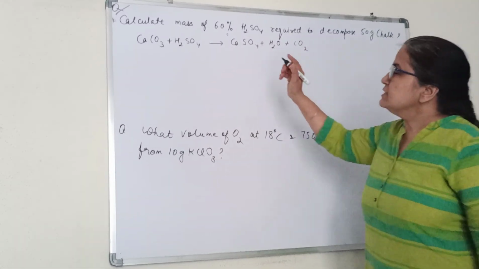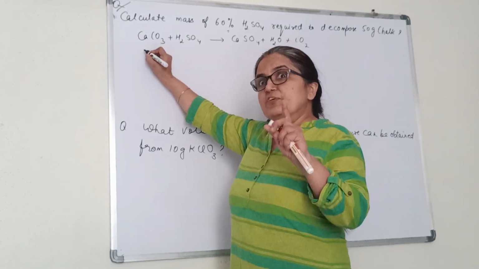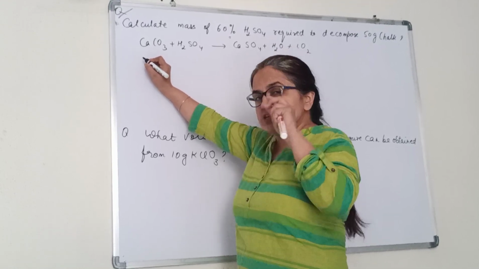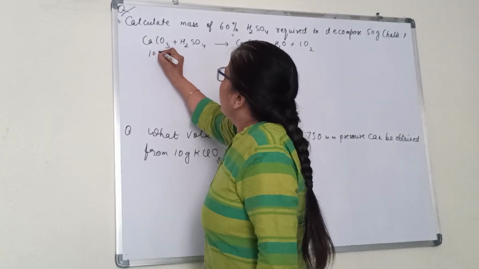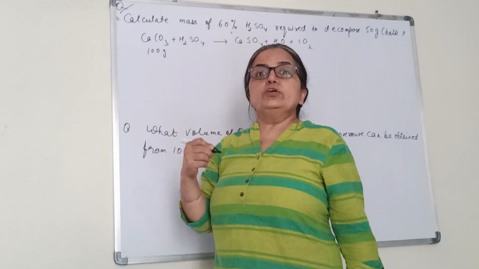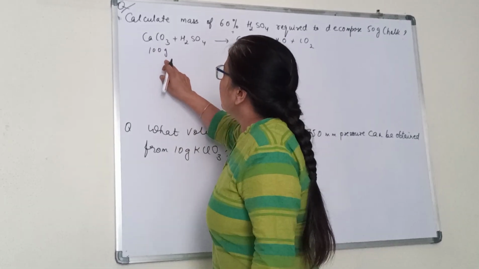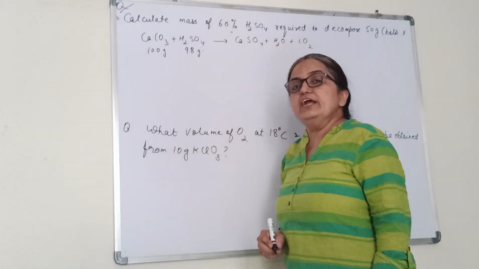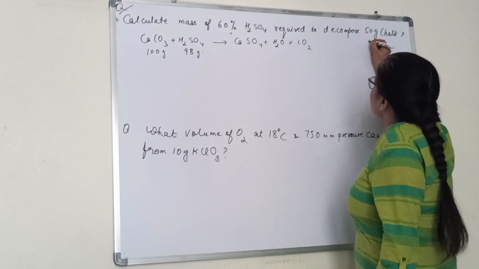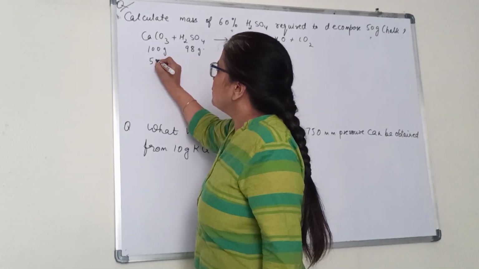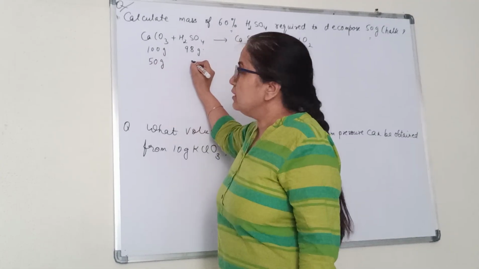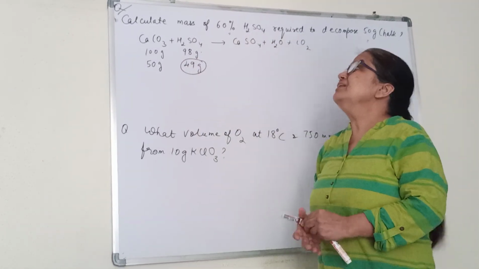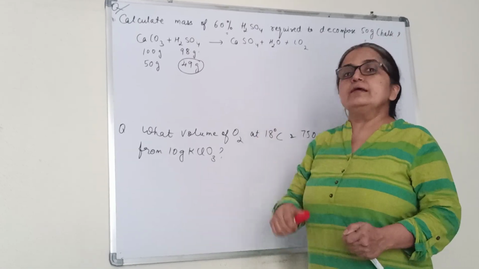Now what we have to see is the molecular mass. Let us see first by stoichiometry. In the mass relations we have discussed, we first go by stoichiometry. 100 gram is the molecular mass of calcium carbonate. 100 gram of calcium carbonate is sufficient to react with 98 gram of sulfuric acid. If I take 50 gram of chalk, how much will be required? 49 gram. This is 49 gram required if it is 100% pure.